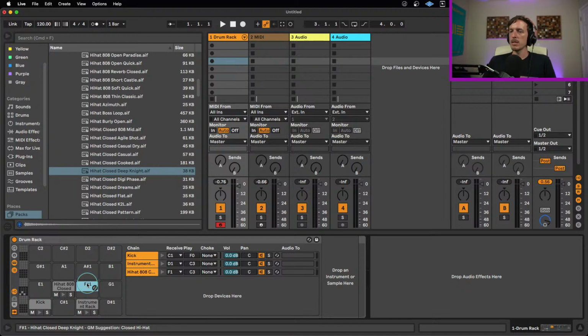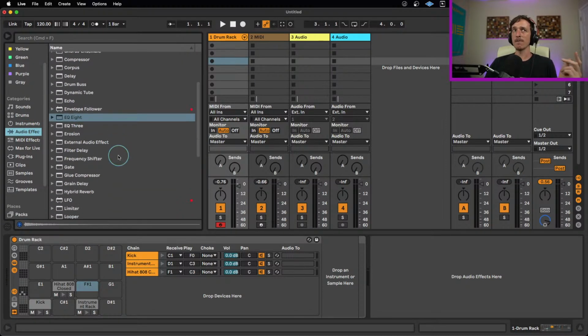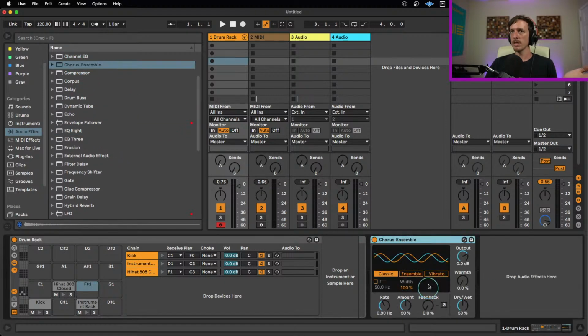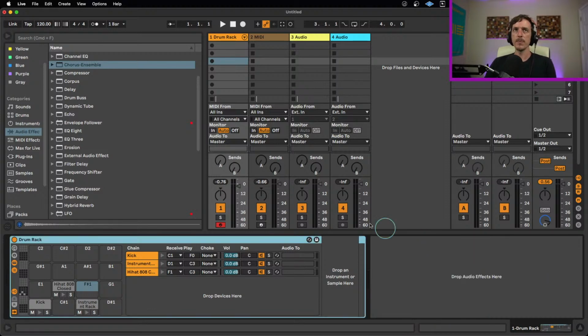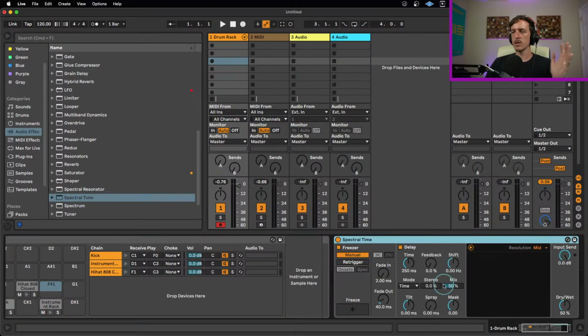What's up, Ray? So the biggest differences between Live 11, or at least the features that mean the most to me, as somebody who uses Live a lot, are the new devices. I think hands down that's the best thing about Live. I was just using the hybrid reverb a minute ago, but hybrid reverb is super cool. The updated devices like the phaser, flanger, and the chorus, they're not 100% new, but they're updated versions of the old ones. And I like the updates that they've made quite a bit, as well as the other new ones, the spectral resonator and spectral time. These are both super cool,